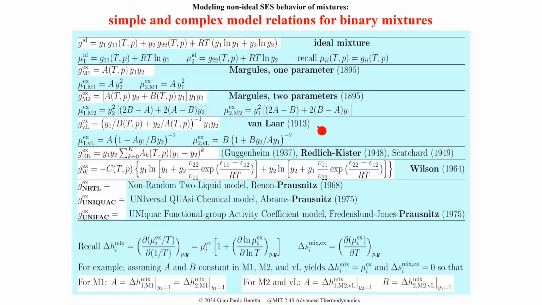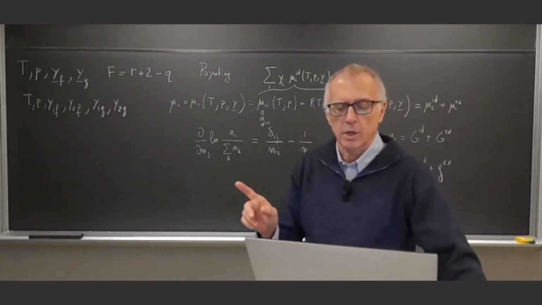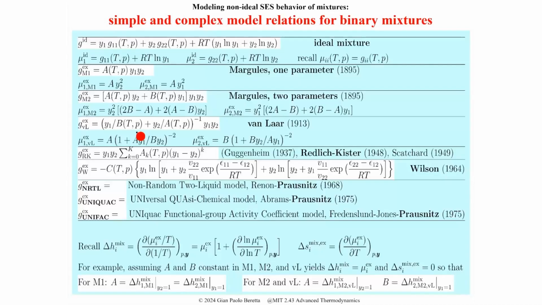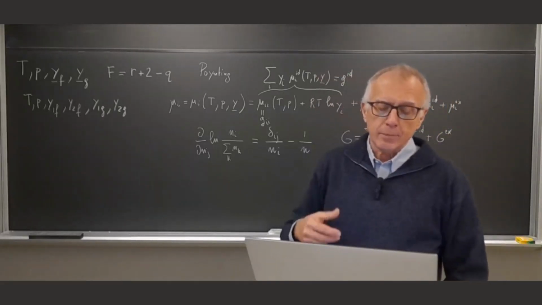Van Laar also is a two-parameter model, some sort of an inverse of Margules' two-parameter. It also, of course, satisfies the Duhem-Margules condition. And again, these A and B, when you write it this way, are related to the mixing enthalpies. But two parameters